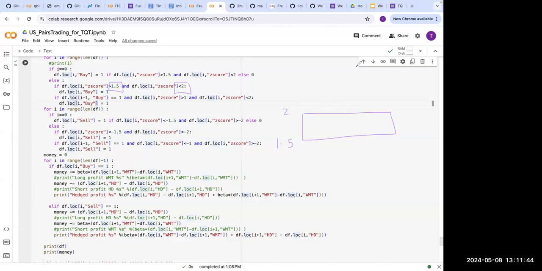If it's going beyond 2, it's probably that, okay, Pepsi received some big contract, and so they are going to increase a lot more than what they usually do. So there you do not want to make a trade, right? So you can define this region. I have chosen 1.5 to 2. You can choose others as well. But the reasoning behind the z-score region is that you want to minimize your risk while doing these trades.